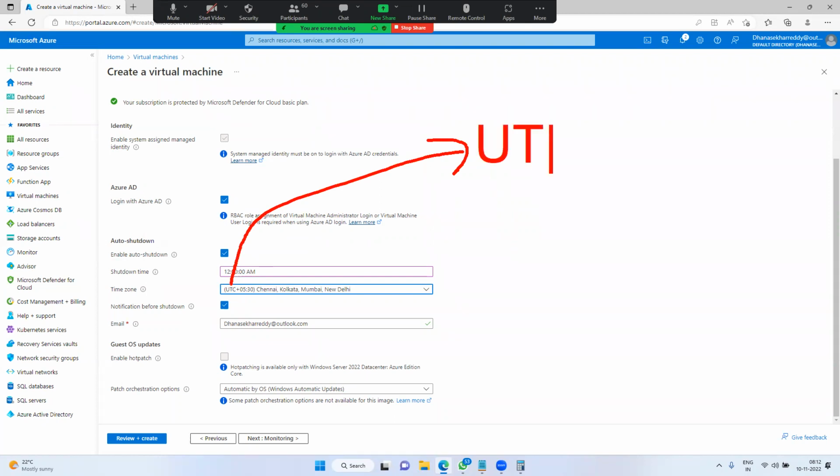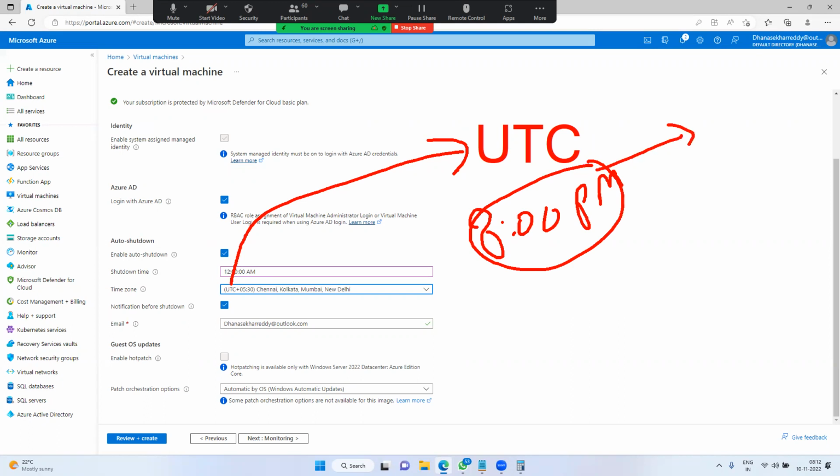What is that? UTC. Okay. If we get any issues, this is a common mistake. Generally, in real time, logs and everything would be generated based on the UTC time zone. For example, if we got an issue at 8 p.m., convert this time zone into UTC and search the logs. It is 5:30 plus your time zone, 5:30 plus our Indian time.